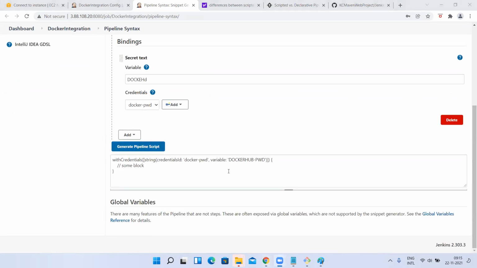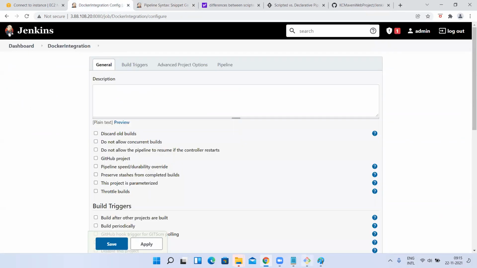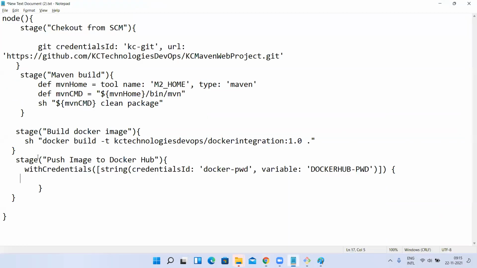Now take this and paste it inside your job stage. So what is the stage here? Push image to Docker Hub. Now I have created one function here. With credentials is a function name. This is a predefined function step, means we don't need to create it. They already have given it, we just have to utilize it.